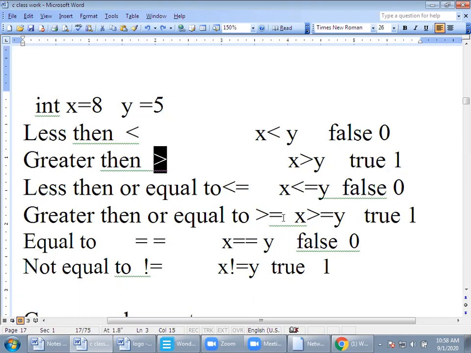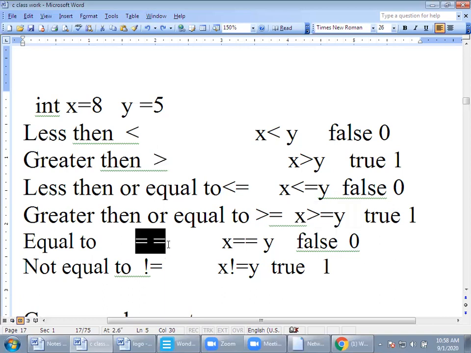Greater than or equal to: x is greater than or equal to y. The value of x is 8 and the value of y is 5. So 8 is greater, and also equal, so in this case the result is 1.